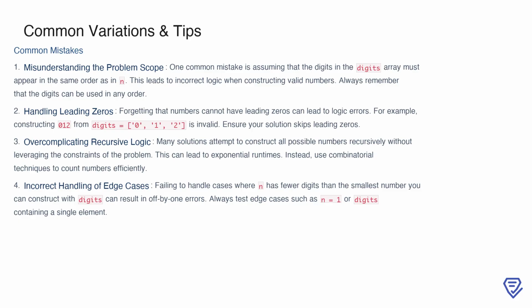Lastly, edge cases are often overlooked. For example, if n has fewer digits than the smallest number you can construct with the given digits, this can cause off-by-one errors or incorrect results. Testing edge cases such as n being a single digit or the digits array containing only one element is critical